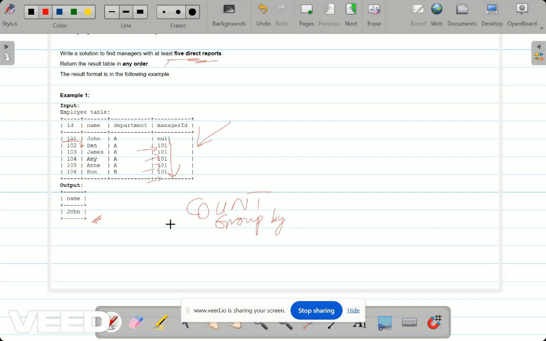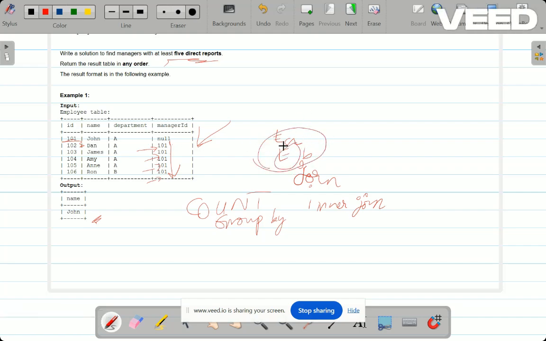For every manager, this is not another table, it is the same table. So for that purpose we have to use a join, and an inner join is also fine. We have to take the employee table with an alias name as a, and again the employee table with an alias name as b, and do an inner join on the same table.